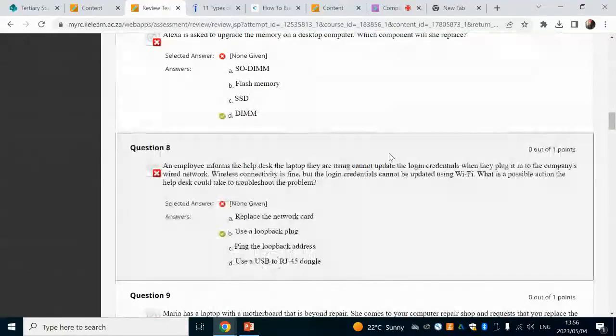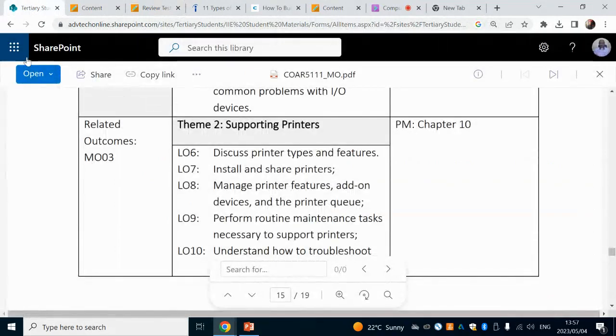Now, they've changed the textbook from last year, so some of the questions from the past papers may differ. What I would suggest you do is go through this exactly like I'm going through it now. Once you've completed this, then you can go back and have a look at past question papers. So I can go back to